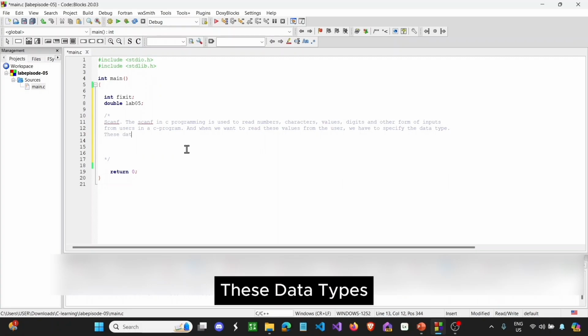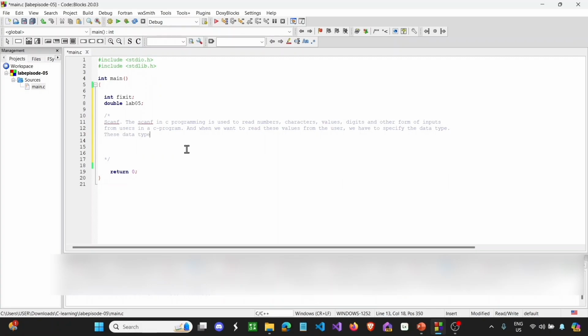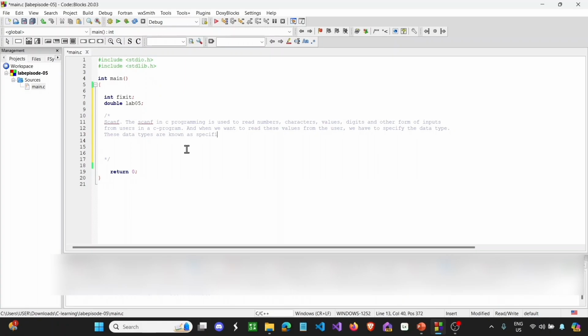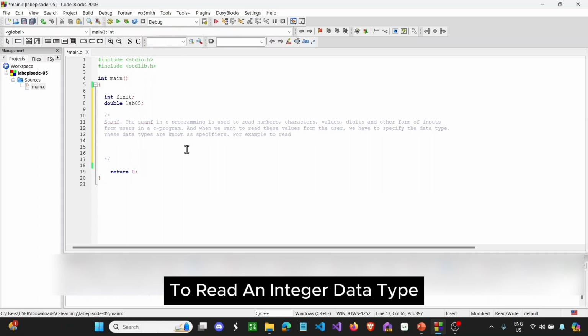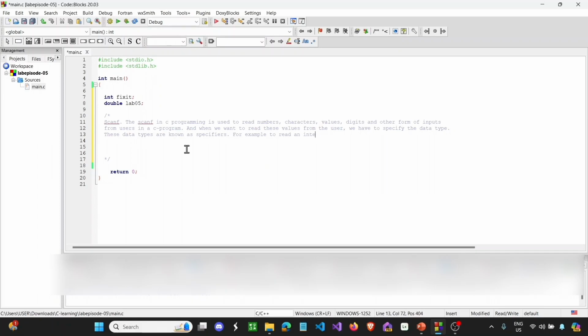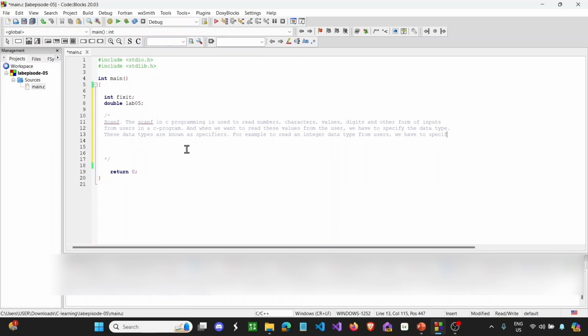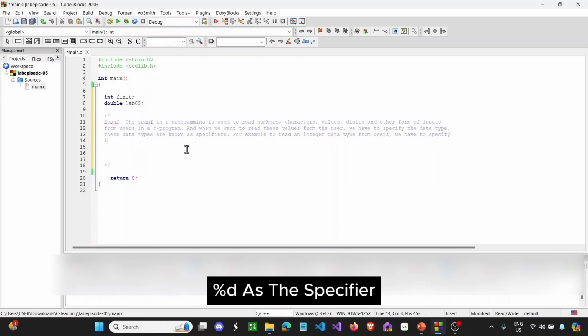These data types are known as specifiers. For example, to read an integer data type from users, we have to specify %d as the specifier,